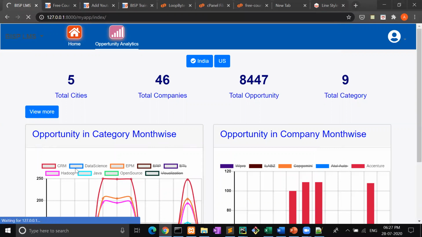I will show you each data category wise. Suppose CRM, you will select the CRM part.